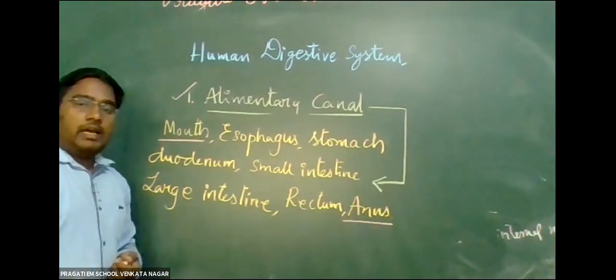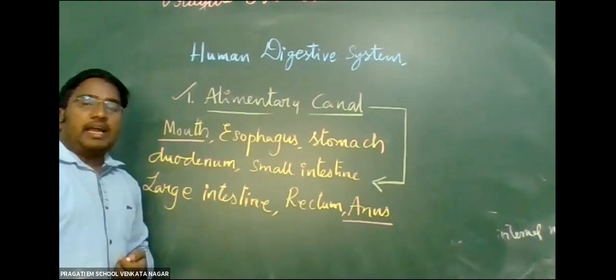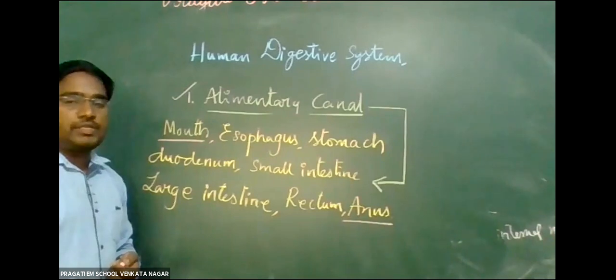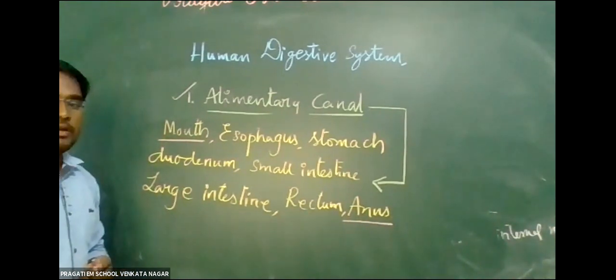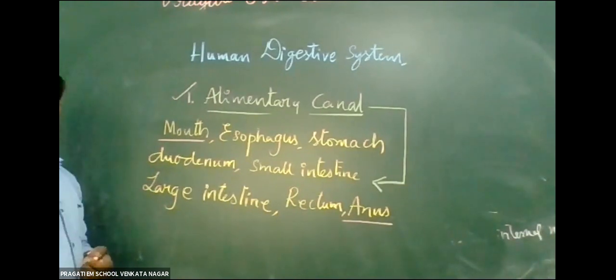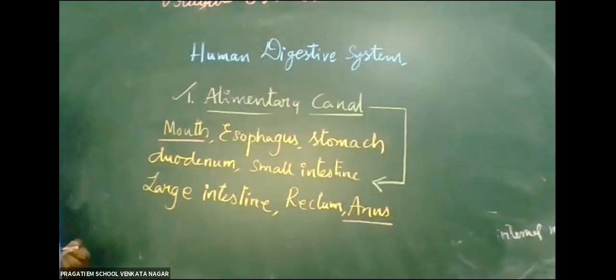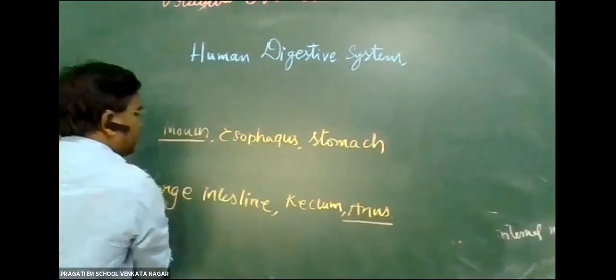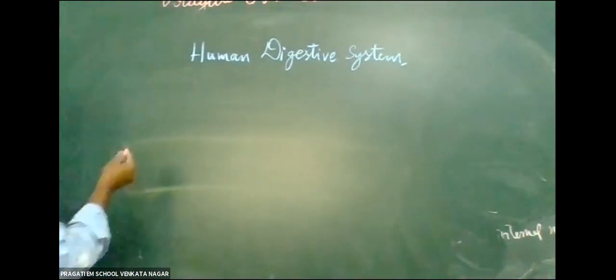Now let us see the associated glands which are connected to the digestive system. Associated glands. Next. Associated glands are